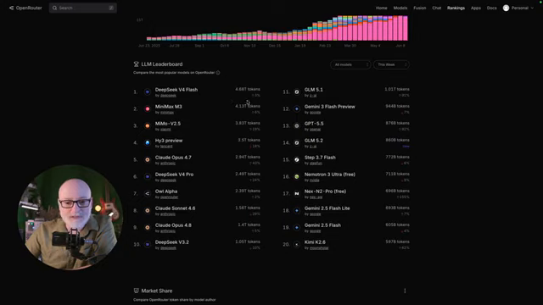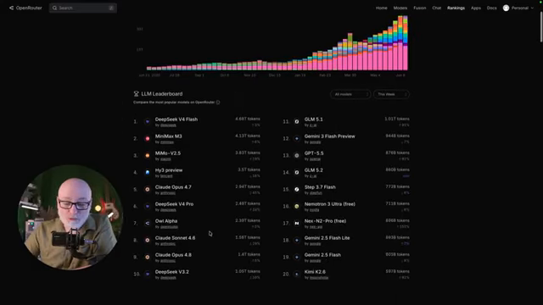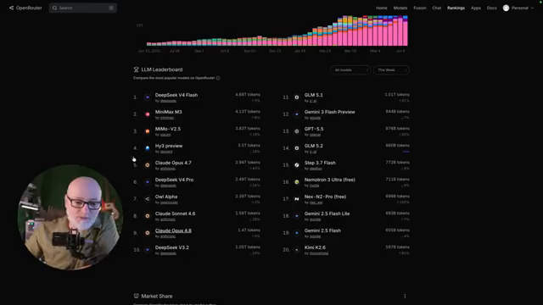And therefore it is cheaper, so there are a lot of people using it. Minimax is also a really good deal, so this is why they are here. Anyway, that is also a really good way: if you don't know what you should use, have a look at this and it already gives you an idea of what is worth using. But remember, this is not how smart it is, but the number of tokens being used.